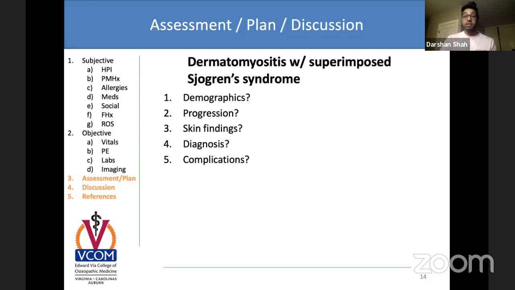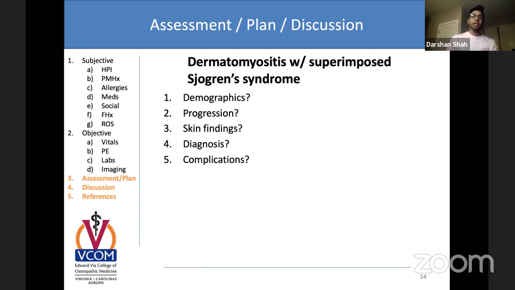Progression-wise with dermatomyositis, it's pretty quick. This guy went through, what, a year and a half from shortness of breath to all this joint pain, even while being on steroids and stuff. So it can definitely be quicker. Skin findings, hopefully you guys are on Google Images and can see some of the symptoms. Gottron's papules, shawl sign. So think about wearing a shawl, right? What does it cover? It covers your chest and also your back and shoulders. It's exactly where that guy had those rashes. And then Gottron's papules are like rashes on your fingers. So you can definitely see a lot of different presentations of dermatomyositis.